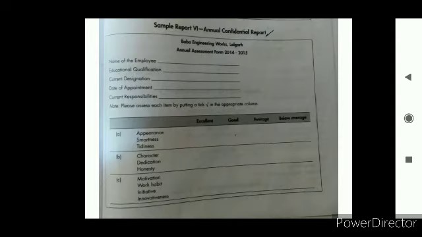You can see here there is a format where on the top section comes the name, education qualification, current designation, then comes the section about assessing the performance. So here they have made a criteria, along with that they have made a checklist actually, so they can tick mark which criteria they belong to. So appearance, smartness, and tidiness are 3 criteria, and for that the marking can be done in the range of excellent, good, average, below average. Similarly there are different criteria which have been mentioned, you can see here.